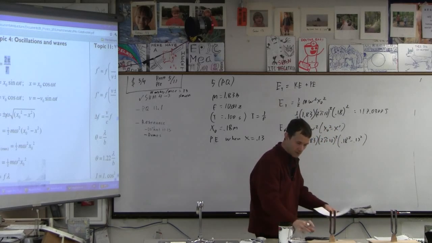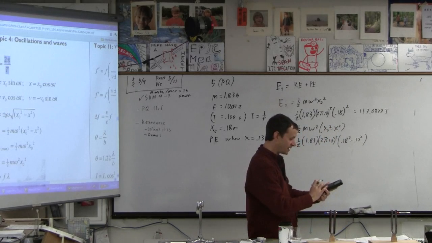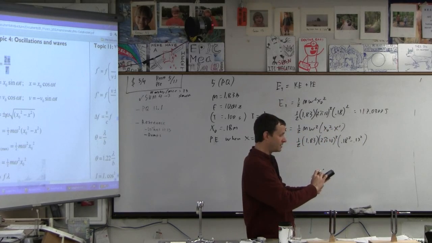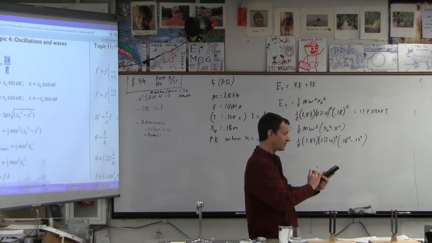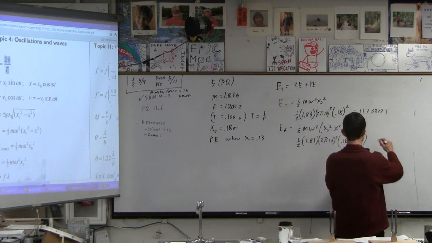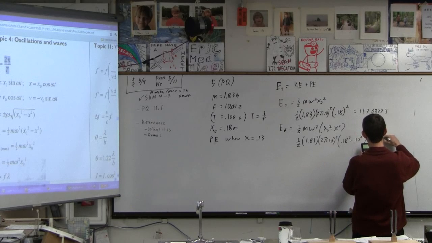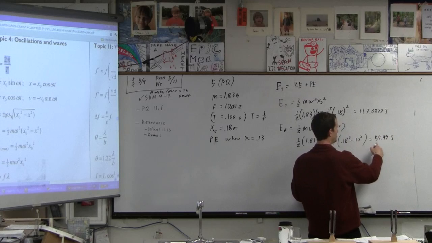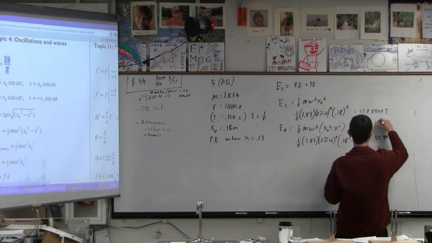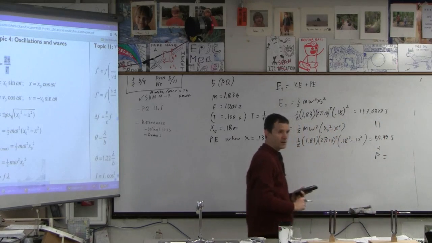I'm inserting a parenthesis before the 0.18, and afterwards minus 0.13 squared, right parenthesis. And this is 55.99 joules. So if this plus the potential energy equals that, I won't insult your intelligence by telling you